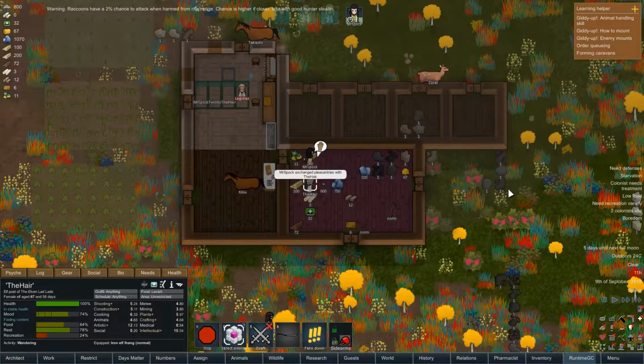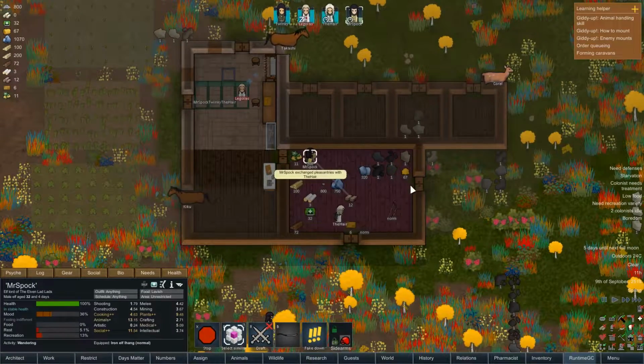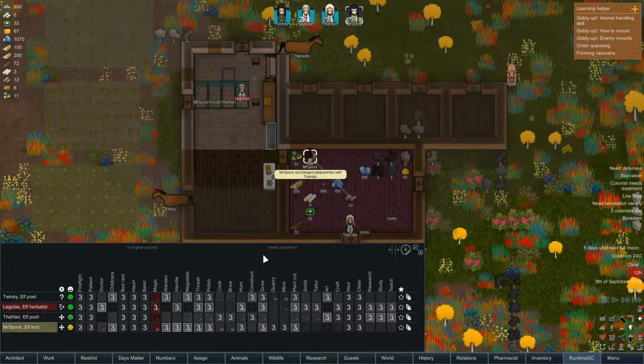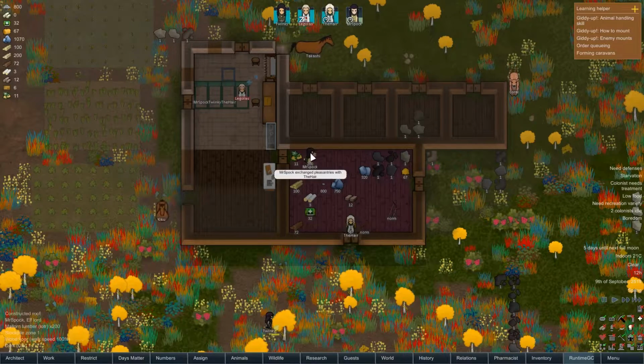People are just hanging out, I think. Actually, what is Mr. Spock doing? Oh, he's literally just wandering. Why is Spock not doing anything? I'll get you doing something. I think we just need to get chopping going on. Wood cutting, what does that come under again? Oh, plank cut. Everyone's a plank cutter. Even Mr. Spock is, but...